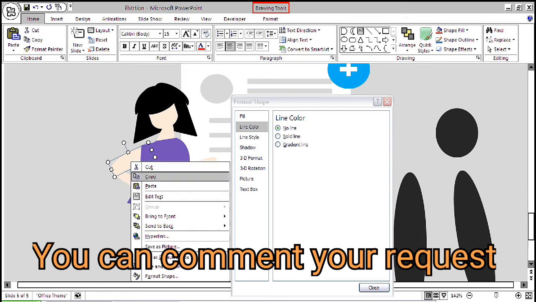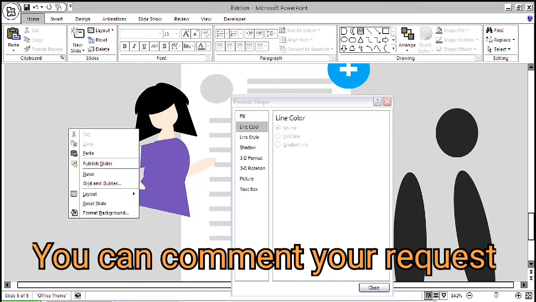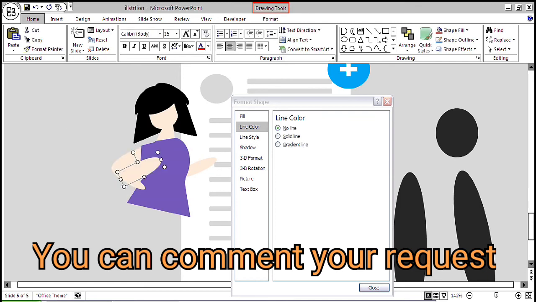Copy it and make it a little smaller, a little thinner and a little smaller, as it suits the diagram, as it suits the figure.